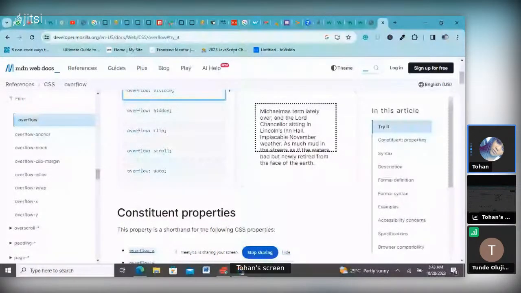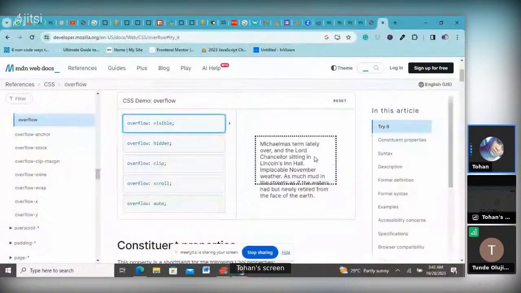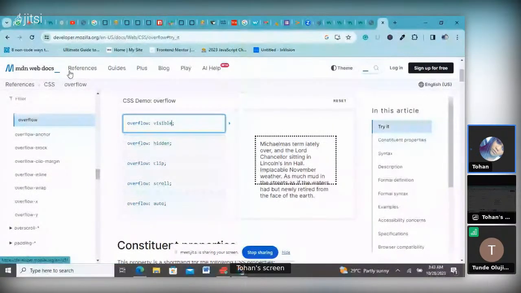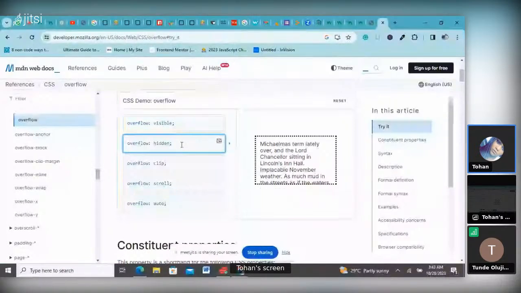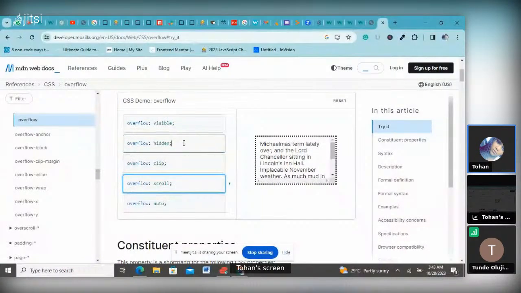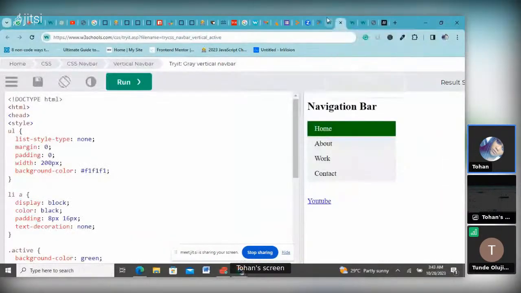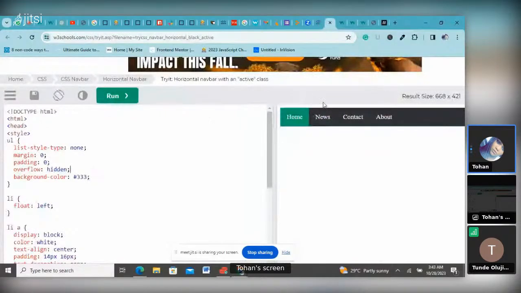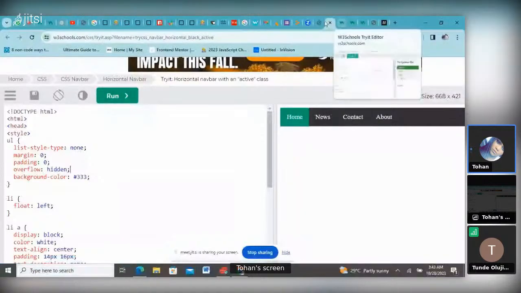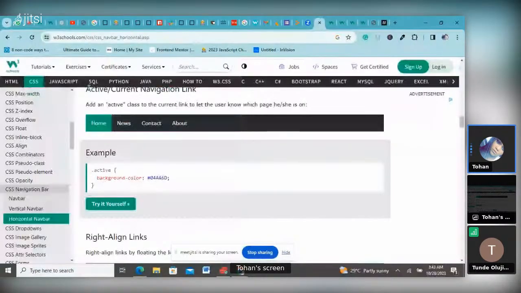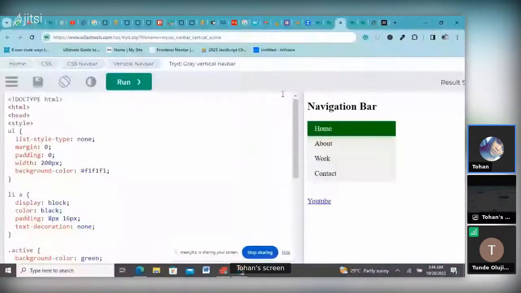Okay, so this is what overflow does. This is the border of the element. In our case, our horizontal is from side to side. So sometimes, especially if you have a long list, maybe you have home, news, contact, something like that, maybe your navigation is very long like this. So the overflow option